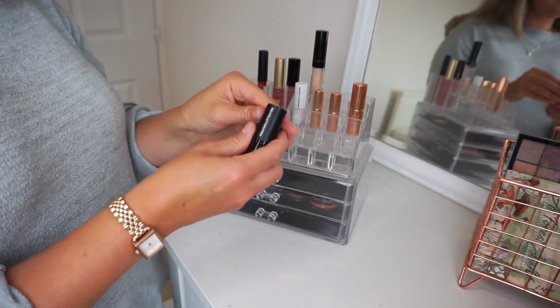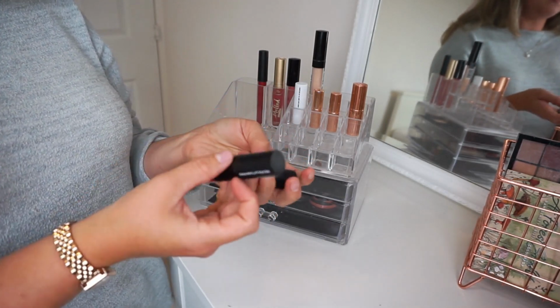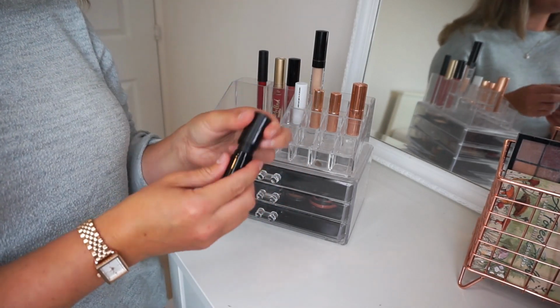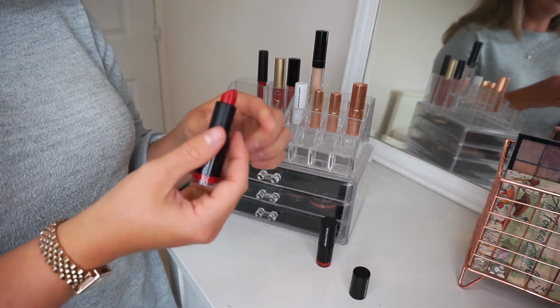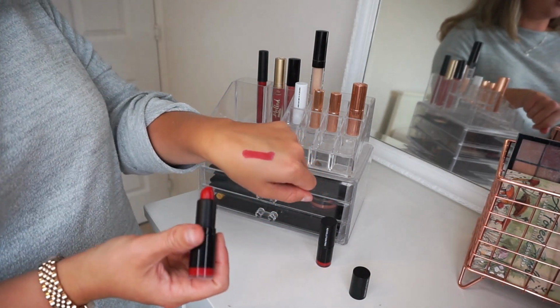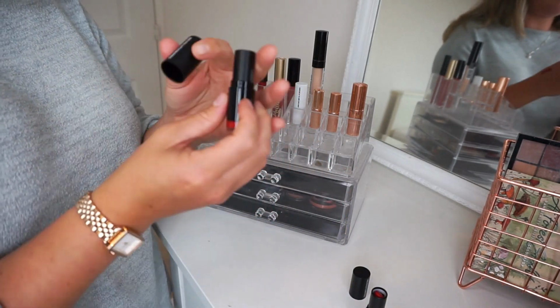Personally, I think. And then because I apparently went through a phase of thinking that I would wear red lips all the time, I have these two from Revolution Pro. Now I actually really rate their lipsticks. They're really, really good, especially for the price. This is the shade Expression, and it's just that real bright blue toned red. And then we have Fever,